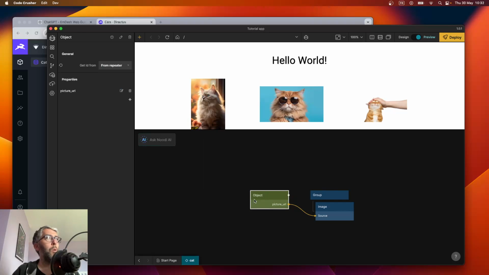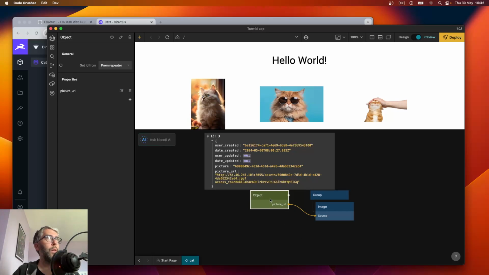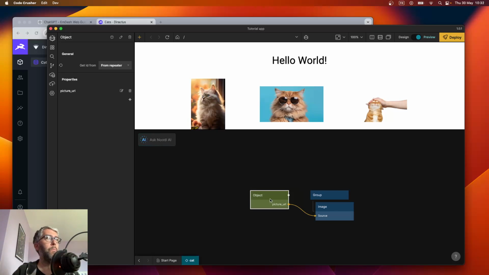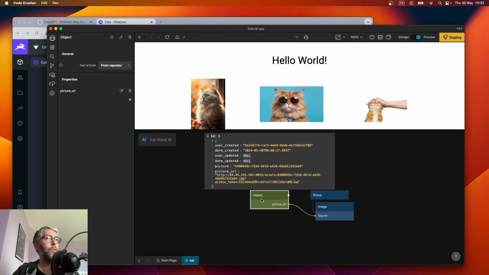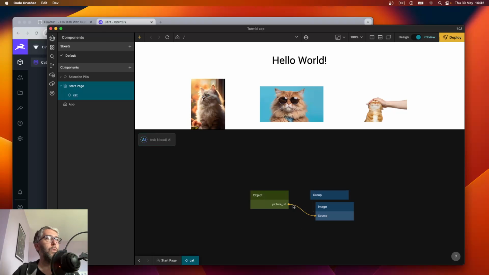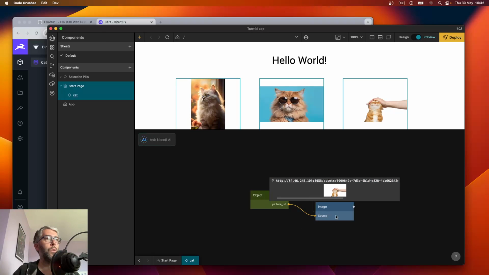And then we need to put an object down because we're not working with the record node. We're not using the Noodle backend. We're using Directus, so we're just storing objects in arrays and then pulling those objects out. The object is getting its data from the repeater, and that data, as you can see, is user created, date created, etc. What we're looking for is the picture URL. So we put in that property, picture URL,